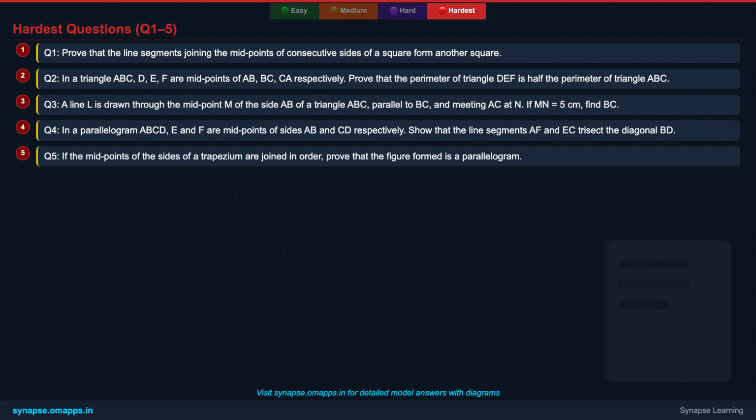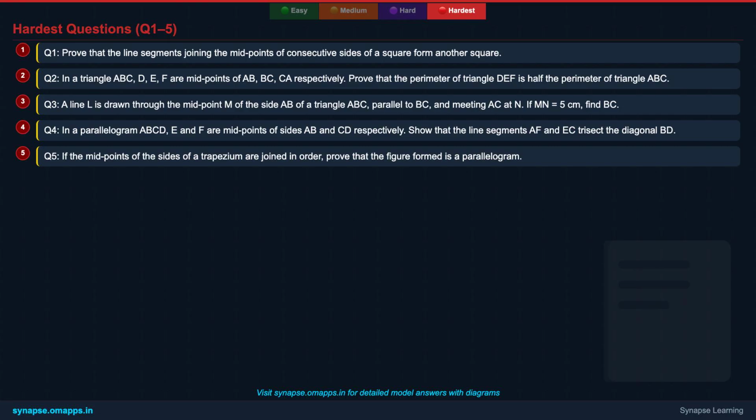Question 3. A line L is drawn through the midpoint M of the side AB of a triangle ABC, parallel to BC, and meeting AC at N. If MN is equal to 5 cm, find BC. Question 4. In a parallelogram ABCD, E and F are midpoints of sides AB and CD respectively. Show that the line segments AF and EC trisect the diagonal BD. Question 5. If the midpoints of the sides of a trapezium are joined in order, prove that the figure formed